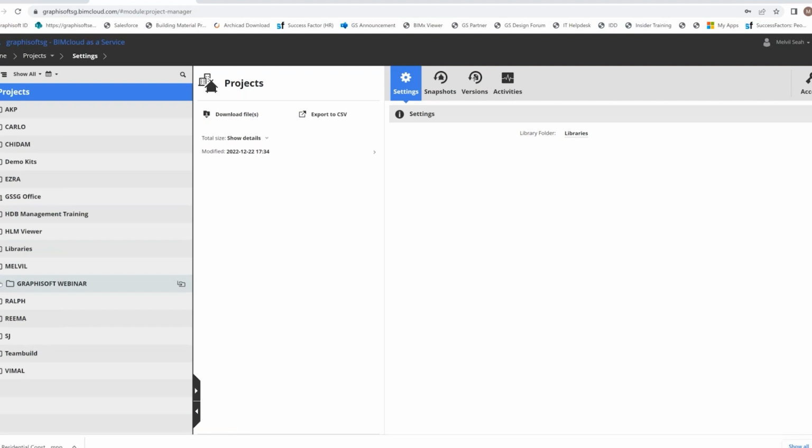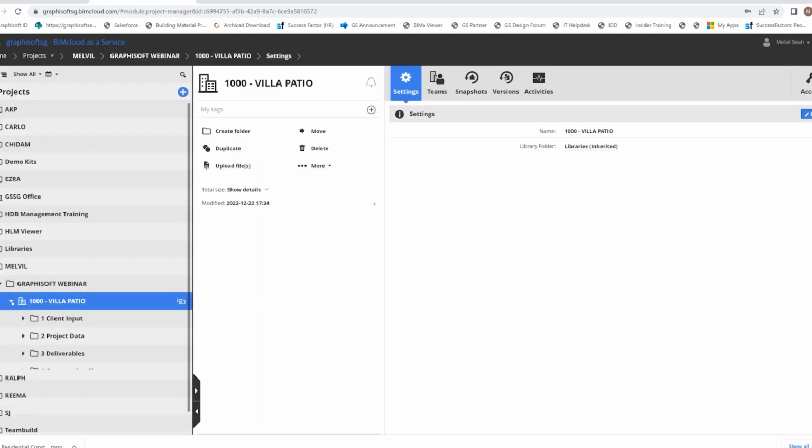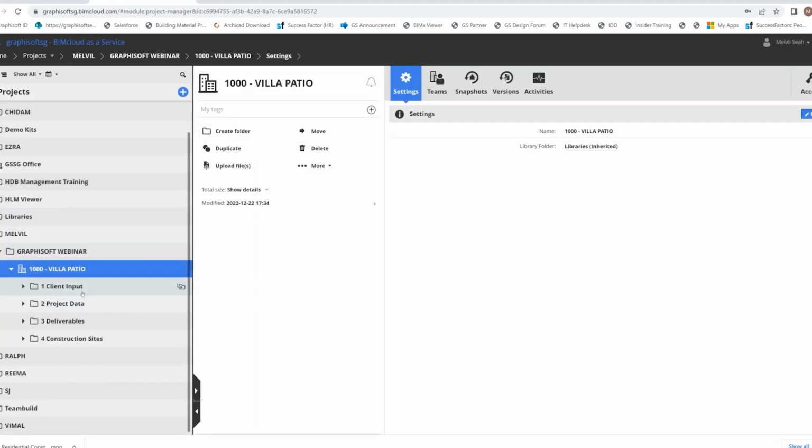One thing that BIMCloud helps with in managing the project is the BIMCloud project, which allows you to have multi-level folders to manage all different files of different formats.